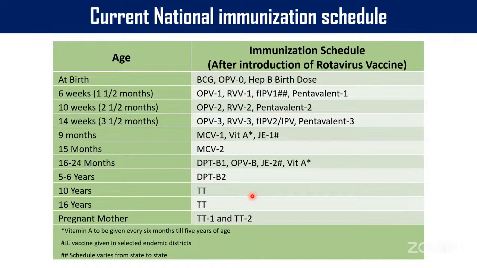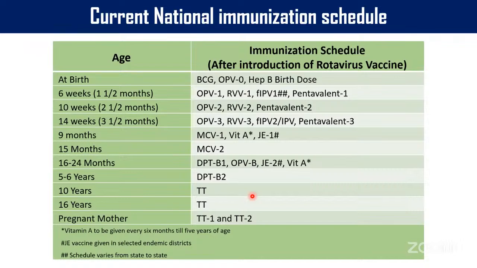At 9 months, you have to give measles vaccine. MR vaccine now, rubella is also given along with vitamin A supplementation. And in some situations where an epidemic of JE is there, the JE vaccine is also available in the schedule. The second dose of MR vaccine is given between 15 to 18 months. At around 1.5 years of age, booster dose is given, and at 5 to 6 years DPT second dose. 10 years and 16 years, and for pregnant mothers, TT1, TT2. There are other